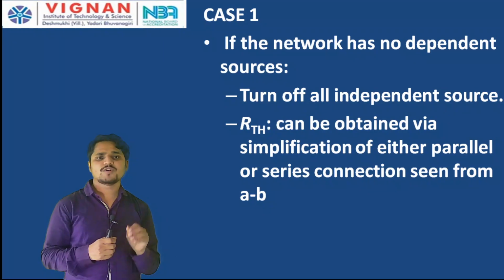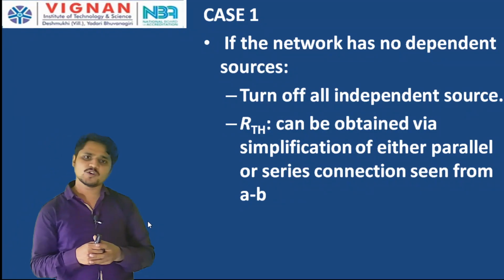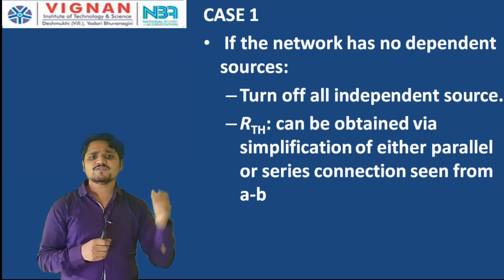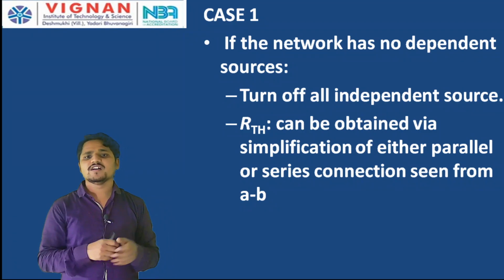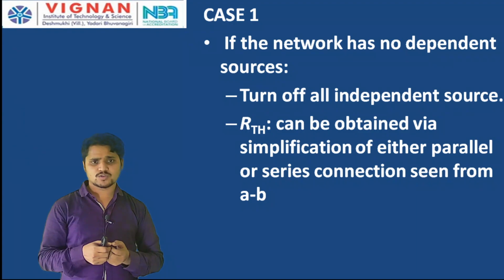Turn off means you have to kill the sources. A voltage source is replaced by a short circuit and a current source is replaced by an open circuit. Therefore, R Thevenin can be obtained by simple series and parallel combinations. When two resistors R1 and R2 are connected in series, the equivalent resistance is R1 plus R2,